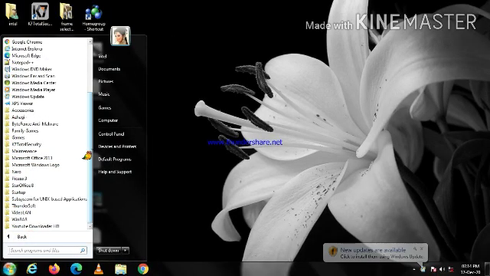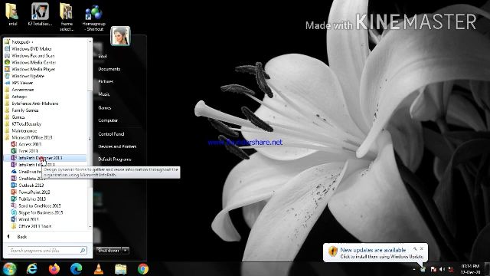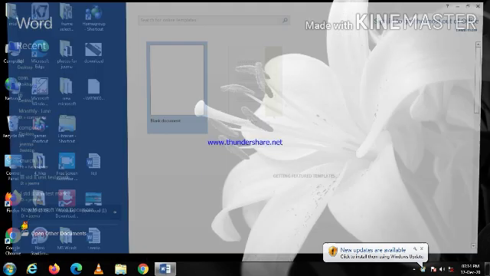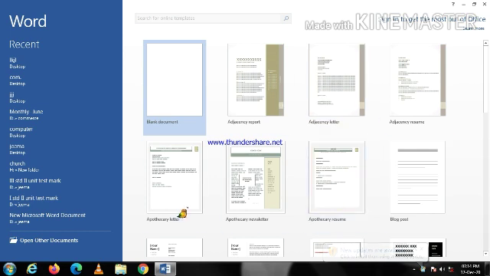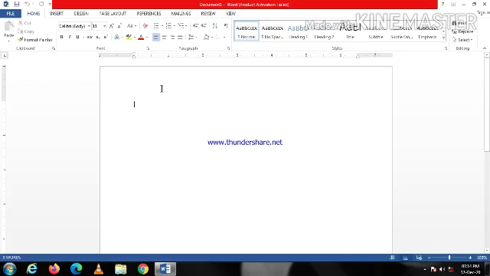Normally the ribbon is located below the title bar. It contains several tabs like File, Home, Insert, Design and Page Layout. Each tab contains many features of Word. Each tab is divided into several groups. The group contains a number of commands that you use while working on a Word file.